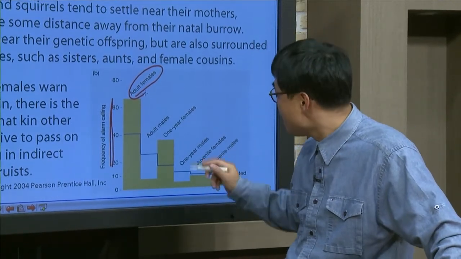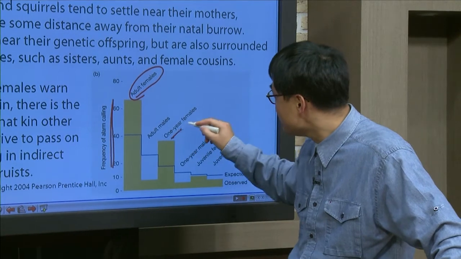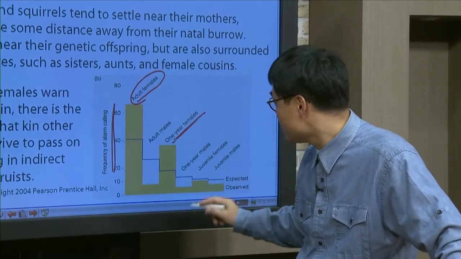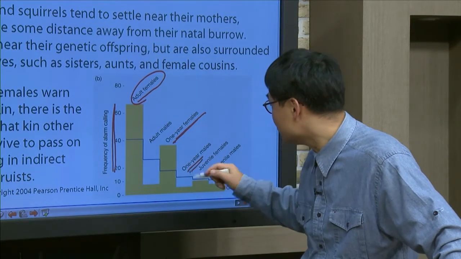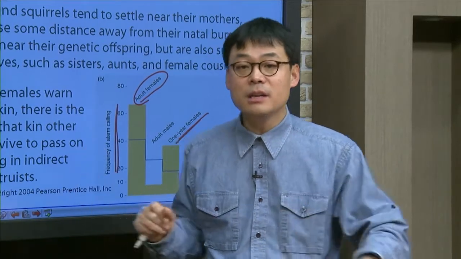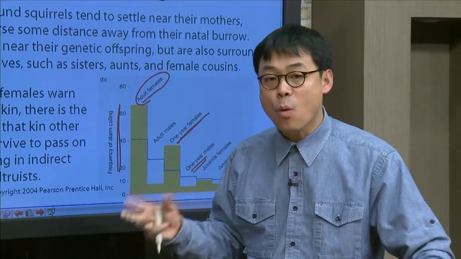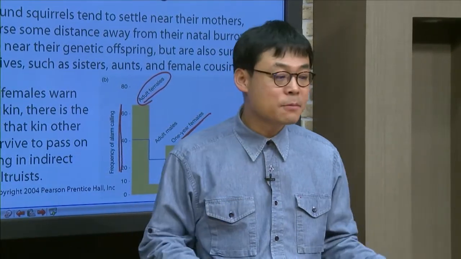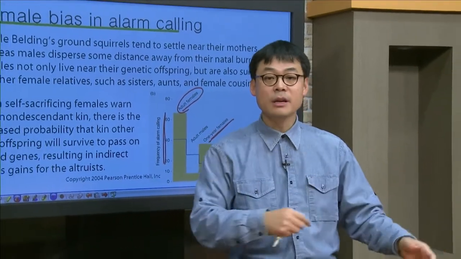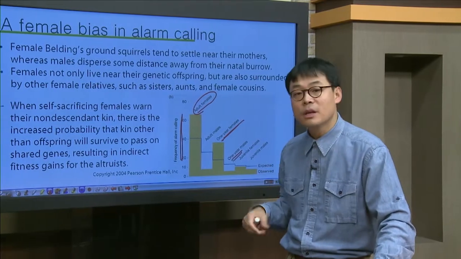Sex biased. And this is the frequency for the 1 year female. It's a little bit shy of 40%. That's the frequency for the 1 year male. It's a huge difference between males and females in giving alarm calling. Why is that? Why do the females produce more alarm calling than males do? The reason is that